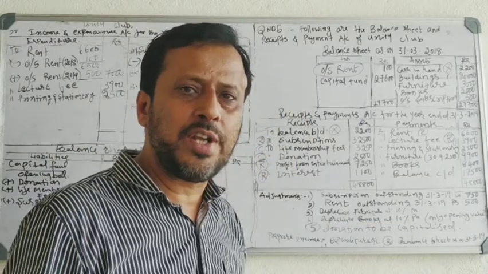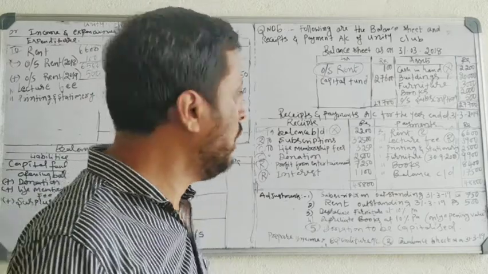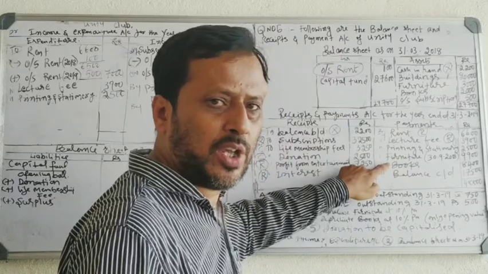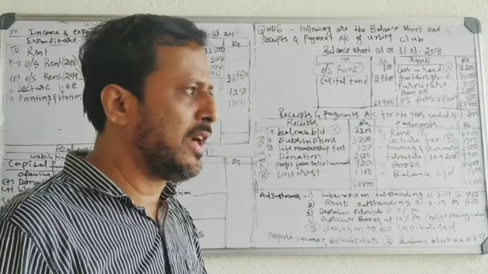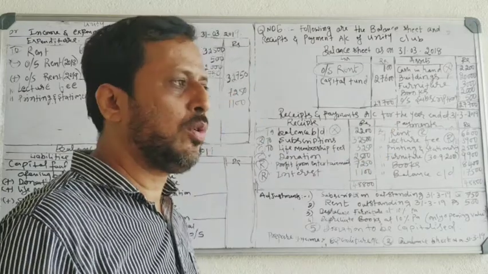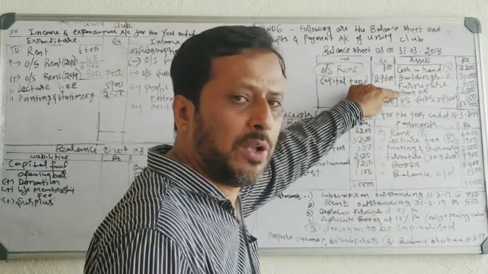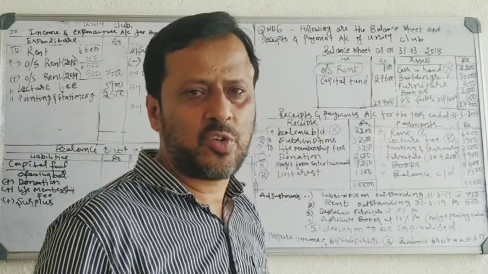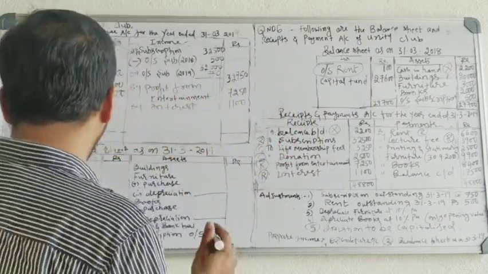When you are asked to take depreciation on only opening value, you have to take depreciation on only opening value, not on additional value. Okay. So on furniture, you have to take depreciation on opening value as well as additional value. On books, you have to take depreciation only on opening value. So depreciation is a revenue expenditure, non-cash expense, recorded on the debit side. To